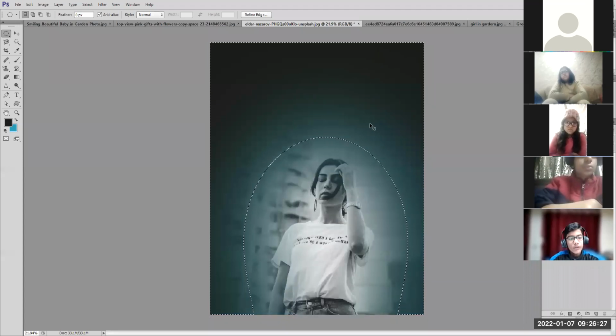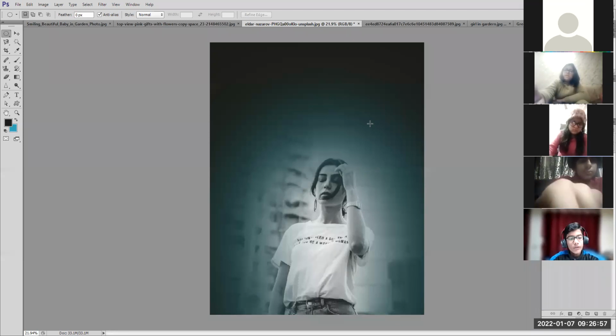And Control plus D to deselect the picture. Now you can see any picture, you can give effects by using simply the selection tool. कुछ नहीं किया हमने, सिर्फ selection tool को use किया, feather effect apply किया. Simple selection tool को use करो, you can apply the borders, you can make the borders around the image. Clear? Interesting? You can use it in your own photographs now.